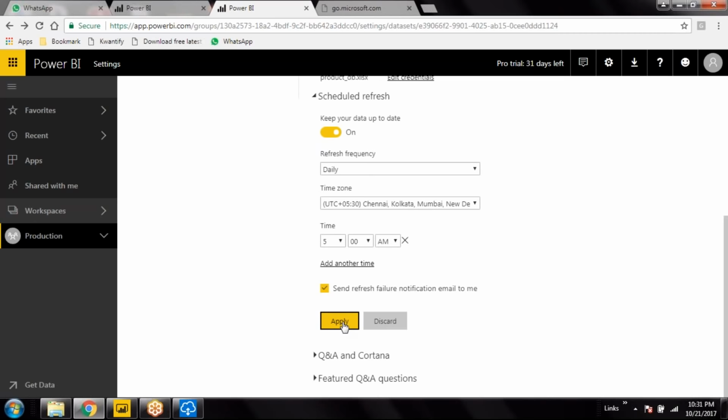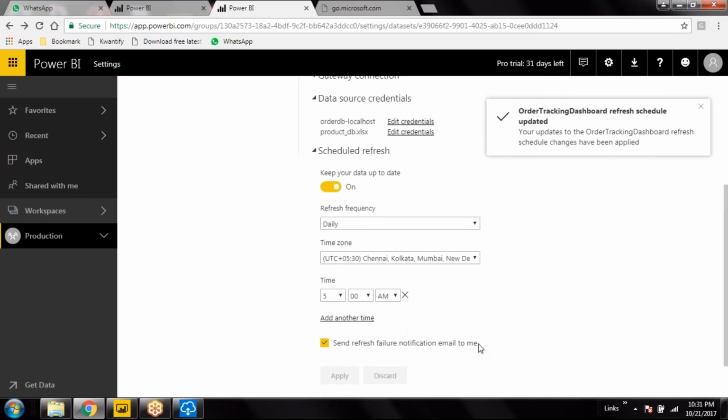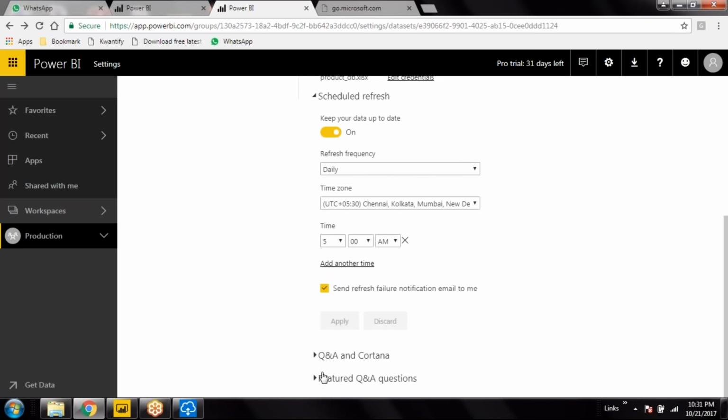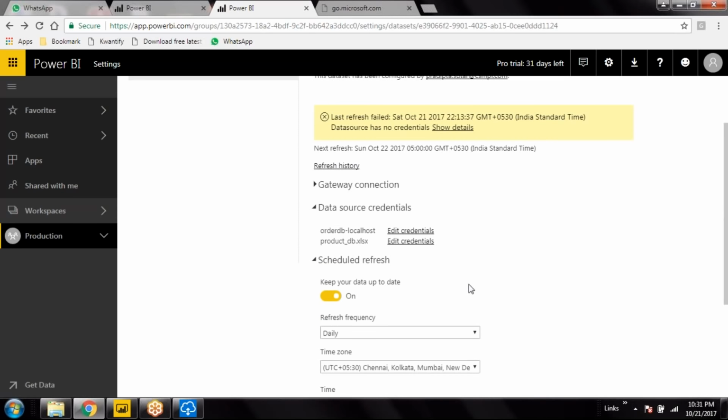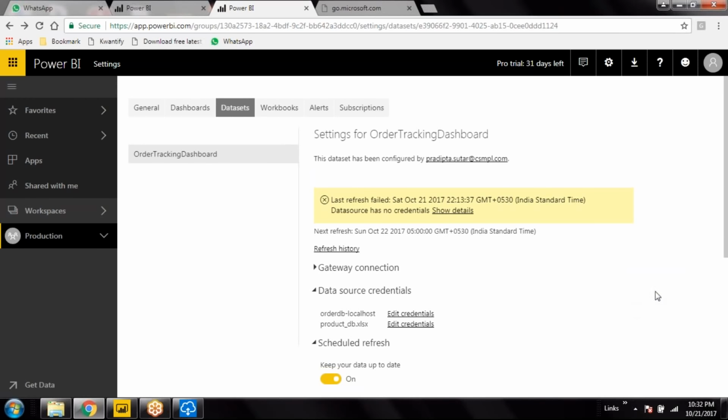Okay, I'll just apply it. Scheduled refresh is updated. That's fine. Now the refresh is set. Okay, I'll have to wait for tomorrow 5 a.m. in the morning. Of course, it will fail because the server is running round the clock, and tomorrow in the morning at 5 a.m. my laptop would be switched off. So it should show me an alert like this that the refresh has failed, and it should send me the mail also, right? So this is all about the refreshing of the